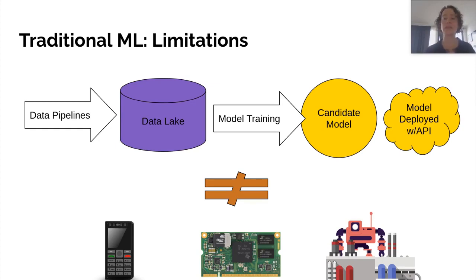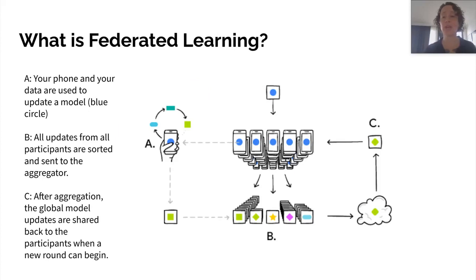So when we think about things like mobile devices, small embedded systems, robots in factories, we can see that some of the problems here, not only from a connectivity point of view, but also from a memory, storage, compute power, and then also aggregating and sending all of that, and then having them interact in real time with an API to make a decision, that's a lot of problems and limitations that we can immediately see. And so how do we approach these? Well, one such approach is to use federated learning.